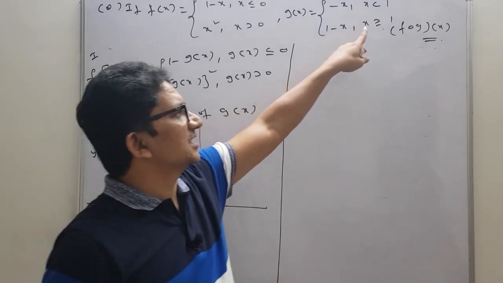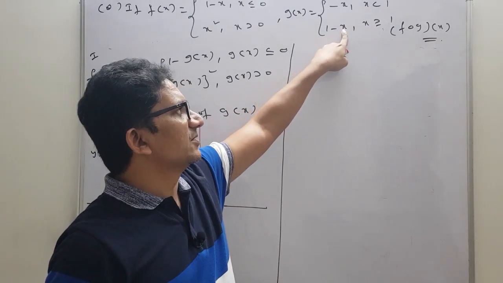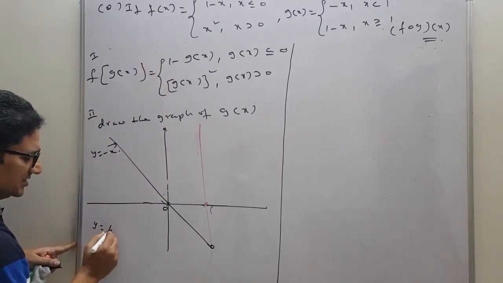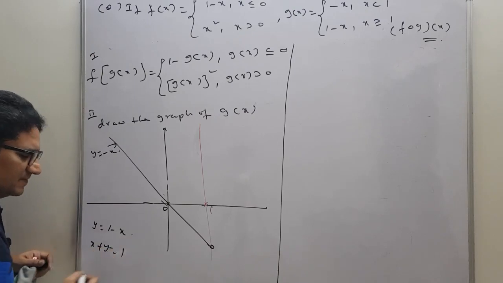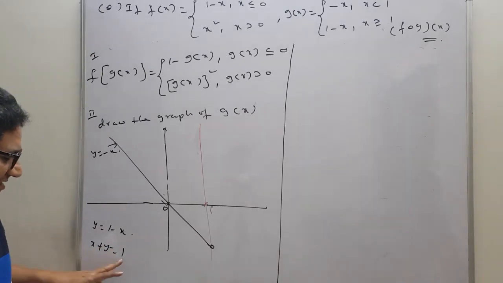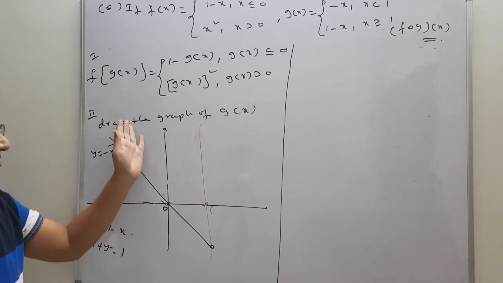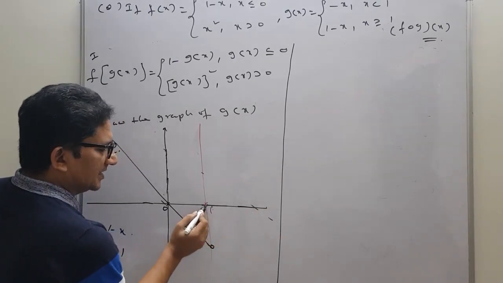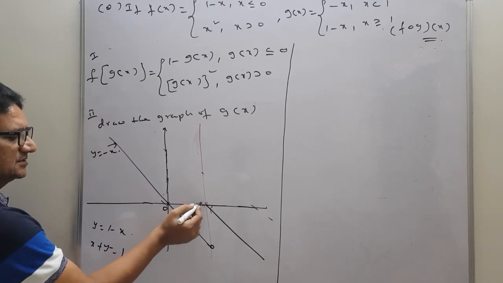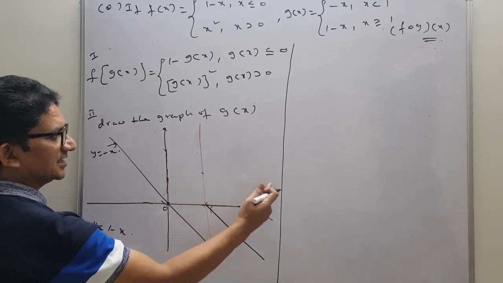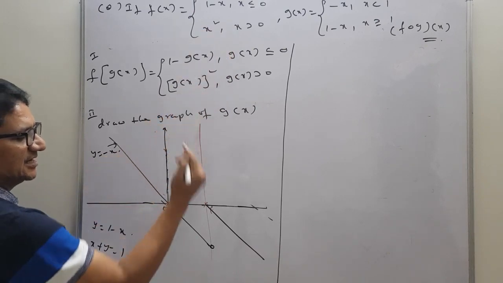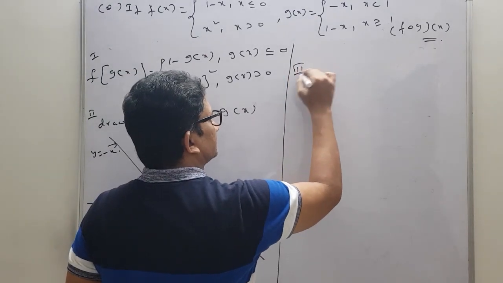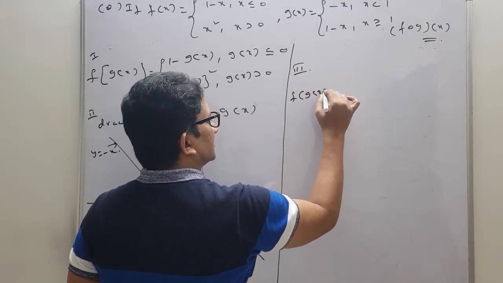Next, when x is greater than or equal to 1, we have the line 1 minus x. So 1 minus x means we know that. So y equals 1 minus x means here I will write x plus y equals 1. So x plus y equals 1 is the line whose x-intercept is positive and y-intercept is positive. So that means we will get a line in the first quadrant. So a line in the first quadrant, like this. This line further we can't extend because we want this side only, because they have clearly written x greater than or equal to 1, so it is included over here. Okay. So this is the graph of g of x.